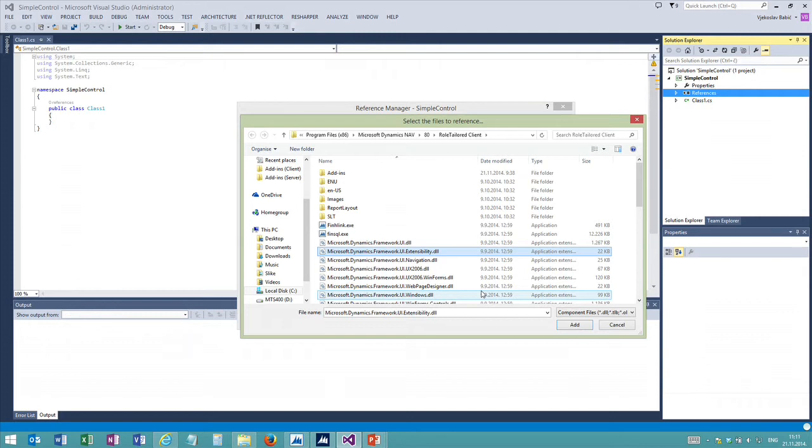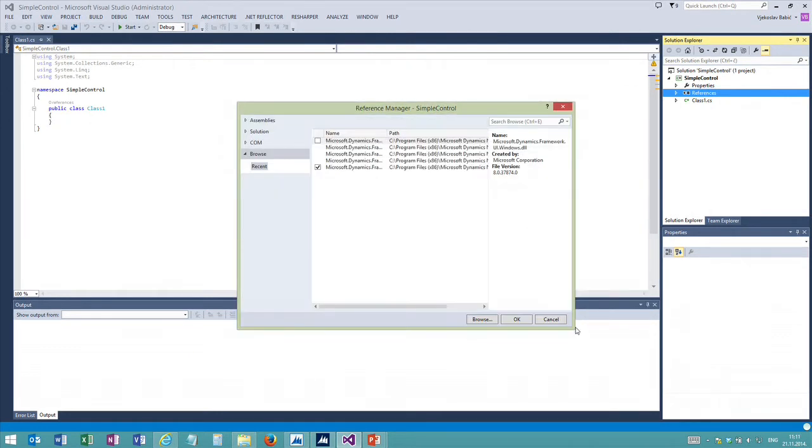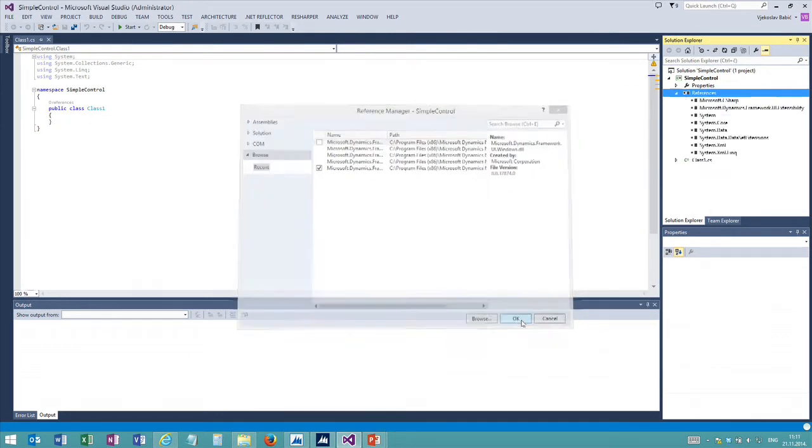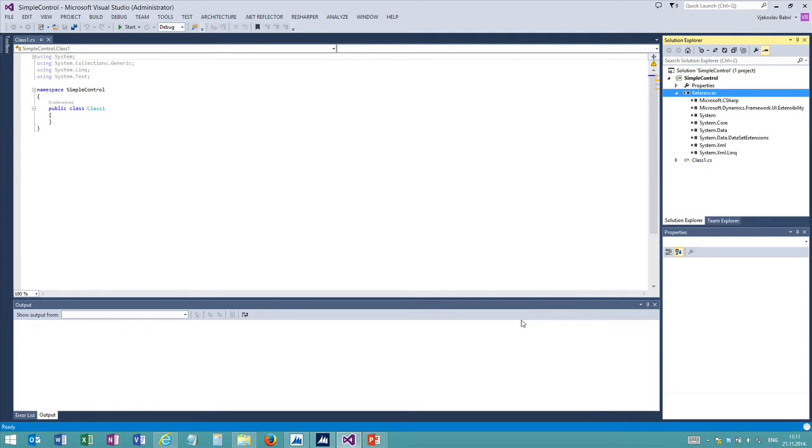And then essentially select the right one. Like you can version your control add-ins if you want inside your assembly. So I'm selecting the one from 8.0. I can go to add, and then I will just click OK. So this makes my class able to talk to NAV. So I can prove that immediately because what I want to do with this class, I want to export it to NAV. So I will decorate the class with the control